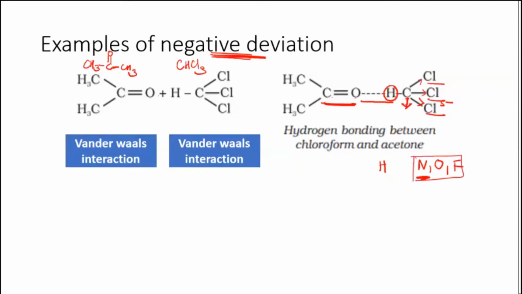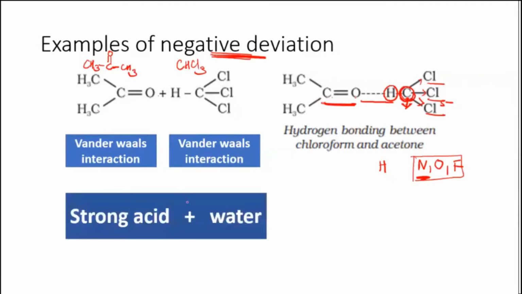That is the reason why this hydrogen can bind with the oxygen, because this carbon's electronegativity value comes out to be almost that of the nitrogen atom. So that's the reason why hydrogen bonding is possible. Otherwise, hydrogen attached to a less electronegative atom cannot show hydrogen bonding. That also you should keep in mind. It only happens because of the presence of these electronegative atoms attached to it. So I believe it's clear now. It is just an explanation.